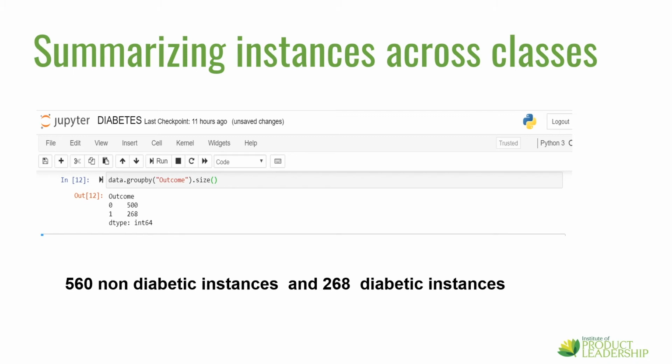We see that it is a binary classification problem with two classes, that is diabetics labeled as 1 and non-diabetics labeled as 0. There seems to be a class imbalance with the number of non-diabetic instances almost double that of diabetic instances. Normally, class imbalances need to be looked into closely and, if required, need to be treated with sampling techniques. We will not consider this now and move ahead with the current class instances. We will discuss how to address class imbalances in subsequent series.